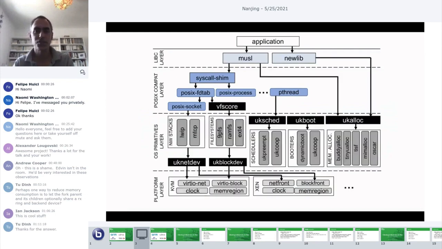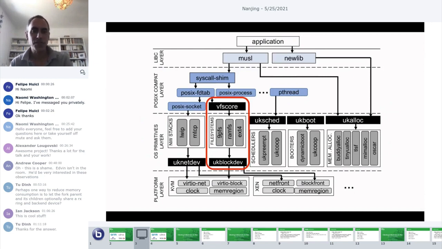And here's its architecture diagram. You have the application at the top. We have support for two libcs, musl and newlib. And then under that, there's a POSIX compatibility layer so that we look to the application like we're Linux more or less. I'll speak about that later. And under that, you have all the major parts of Unikraft itself. The black blocks are basically the different high-performance APIs.